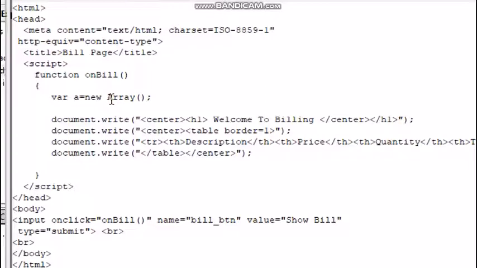So here we will write A equals to document.cookie dot split colon.